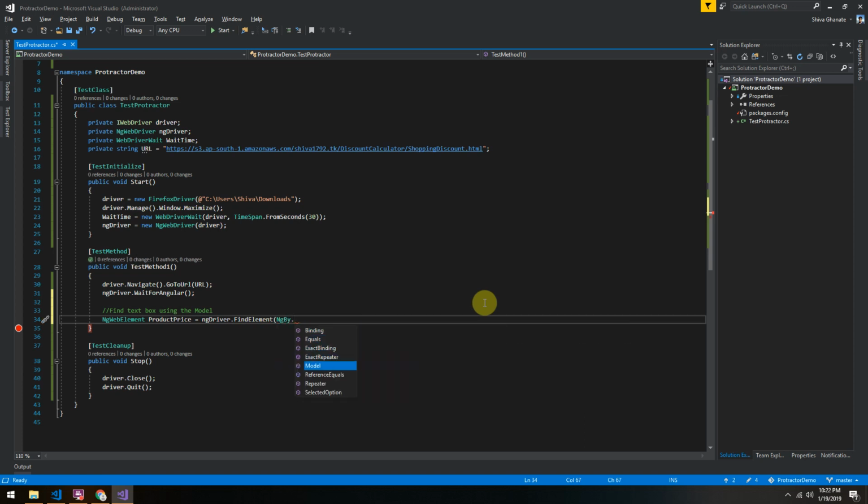There are different bindings, so you can use binding, exact repeater, model. In this case we are using model and selected options. There are a lot of things that we can use, and a good thing about this is we can also use By dot everything that was in Selenium as well. So if you've already done Selenium, you can find it by class name, CSS selectors, ID, partial text, tag name, anything that you want, XPath as well. But for the example, I'll go with